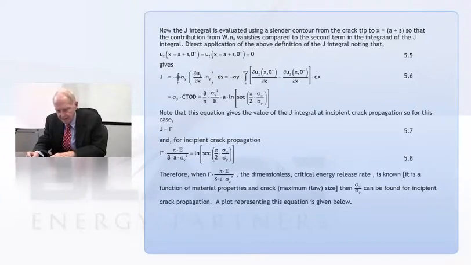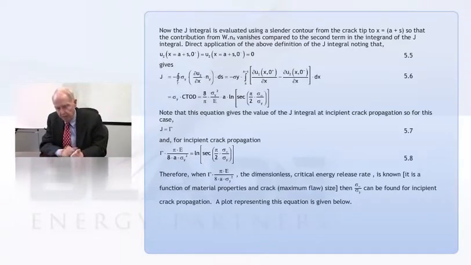And then, sure enough, when you evaluate this thing, what you get is sigma y times the crack tip opening displacement. So you can't escape it. You know, it just keeps coming back. When you use the expressions for the crack tip opening displacement, then you get this equation 5.6. Now, this result is a very significant result if you look at what people do. This is, if you like, the core solution on which a lot of this failure diagram stuff is based. So what you would do is you would take your J integral as evaluated there, set it equal to the energy release rate, and you come then to